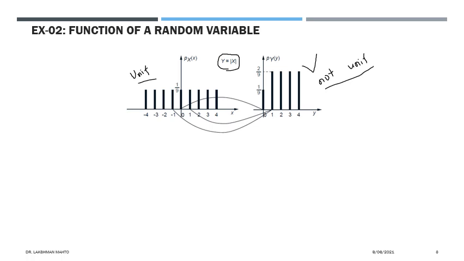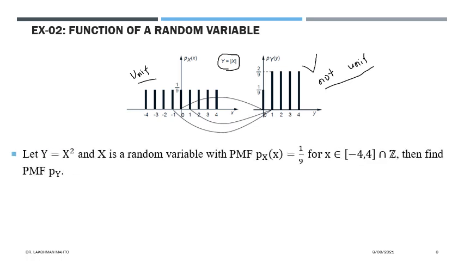So Jacobian of transformation, what kind of transformation or what kind of function you are applying over an existing random variable. I will take one more example, x square. So x, we have already given that x is a uniform random variable with uniform probability 1 by 9, and x is taking values between minus 4 to 4 as integer. And over that we are defining function x square. So possible value of y would be what?